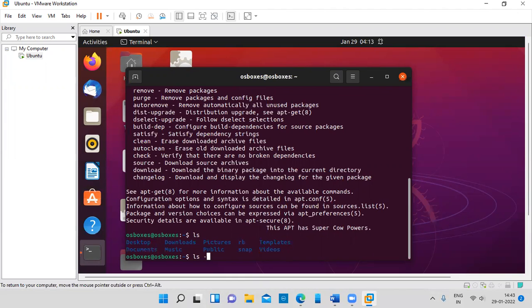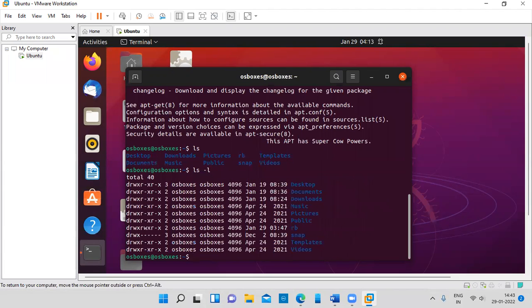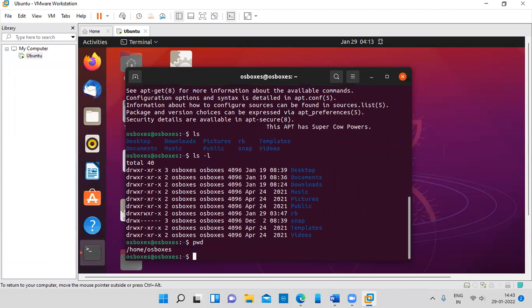If I want to do the long listing, I can make use of it like this, ls -l. Then pwd stands for print working directory. So our current directory, whatever it is, it will be displaying it to you. There is another command. If at all you want to make your own directory, you can make use of mkdir. Mkdir and directory name. Suppose I'm going to write here BCA,